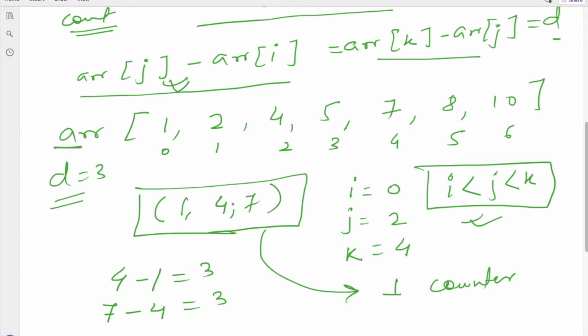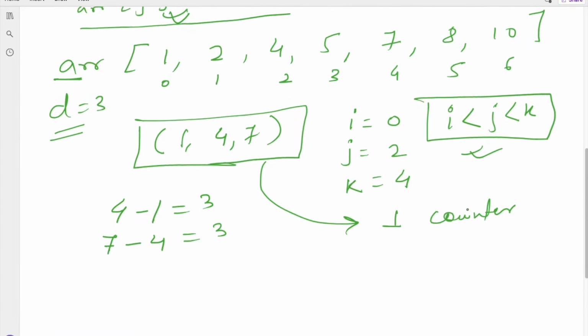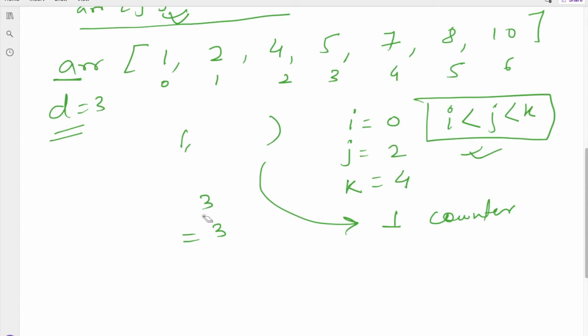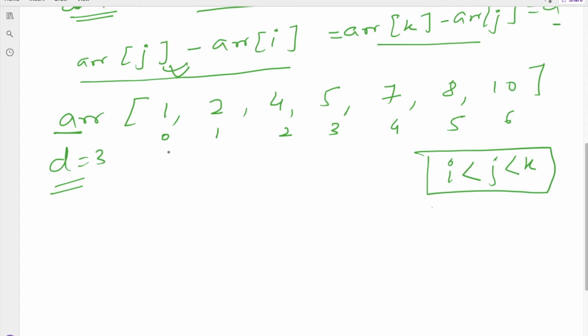Now how to proceed element by element? Let me explain, using the same example. Let us start from the very first element. This will be my array of i. Now how to get the next element?